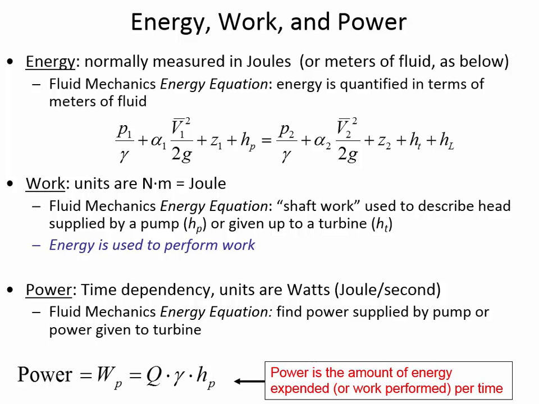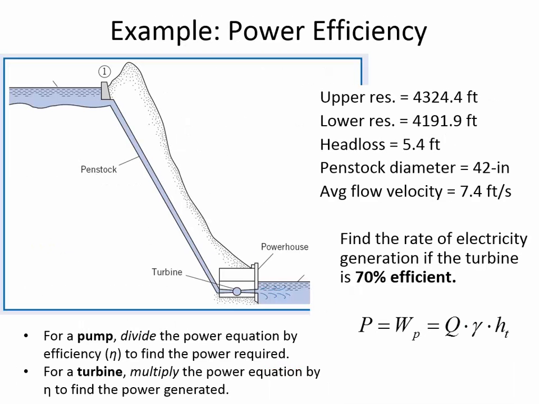When it's looking at the number of joules per second that are being expended, then you can do calculations like how much electricity can be generated by a turbine, or how much energy is required to pump water from one point to another. So here's the power equation that you'll use when you're doing pump equations. You'll calculate the pump head, then multiply that pump head by the flow rate and the unit weight of the water, or whatever the liquid is that's being pumped, and you can find out the power required in order to pump it.